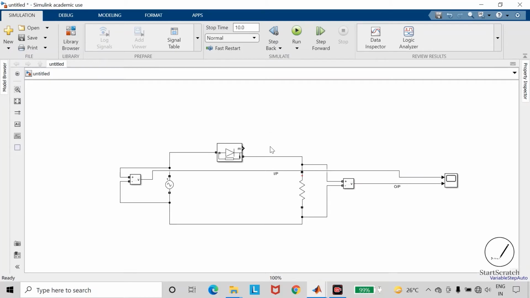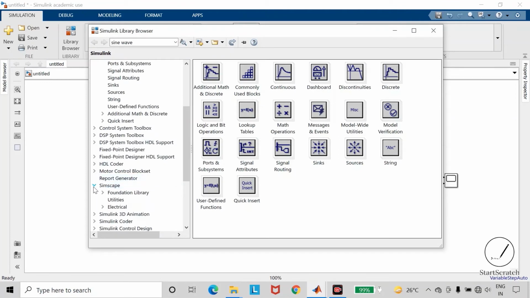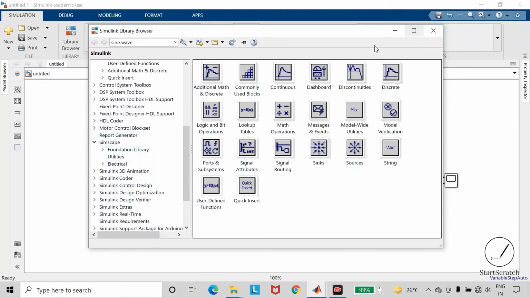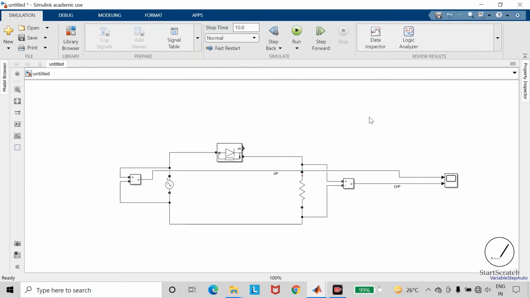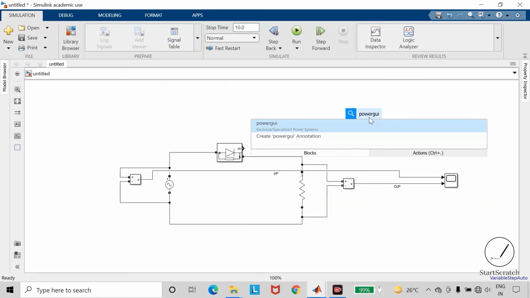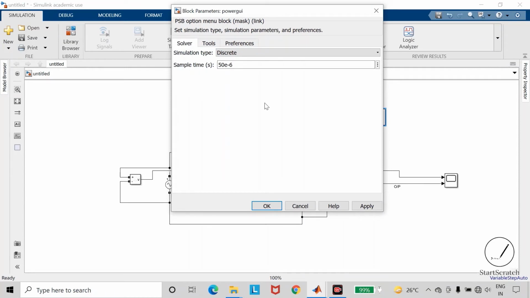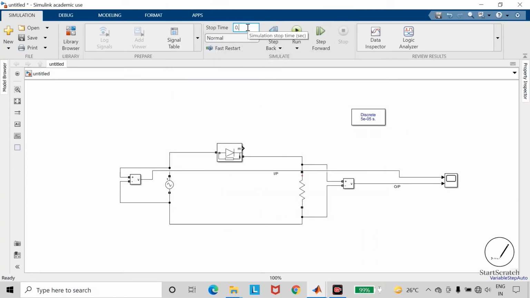If we are using the components present in this Simscape library, then we need to use the powergui block for the simulation. So take the powergui block, open it and change the simulation type to discrete. Keep the sample time as it is. I have chosen discrete as the solver will take less time. I am taking it as 0.08 seconds.